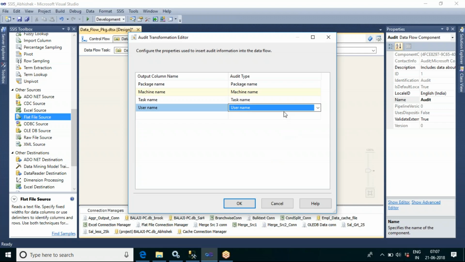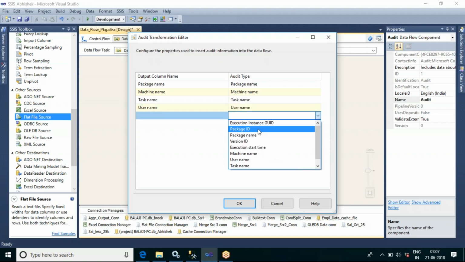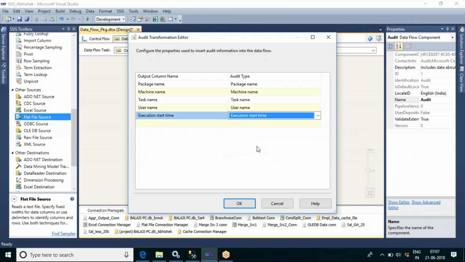And the most important one is execution start time. So you want to know at what time your package or your task is getting executed, so that you know how much time each task is taking.